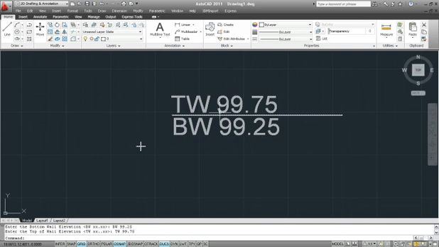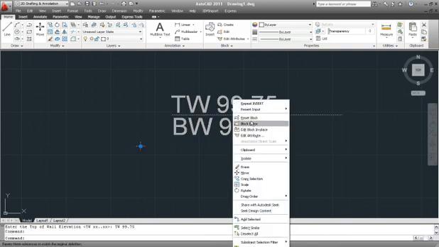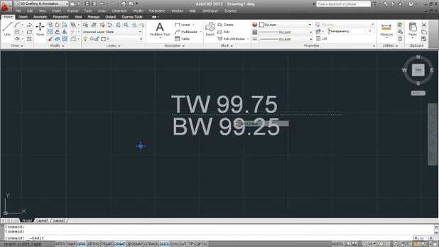So what we need to do now is we want this so that we can move the top attribute, the bottom attribute, and the line all around together. And then I'm actually going to make an additional dynamic piece to allow me to stretch this line back and forth. As you can see, it's extended quite a bit longer than I need it to be. So what I'm going to do is highlight the block, right click, go to block editor,